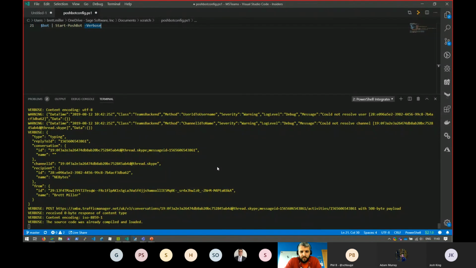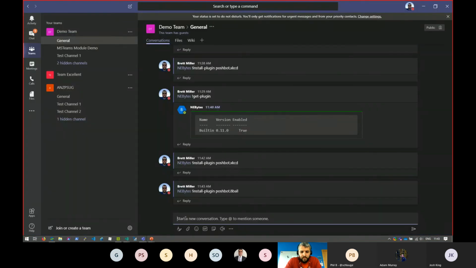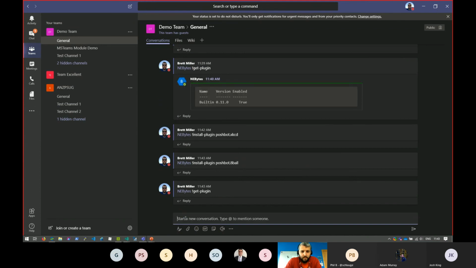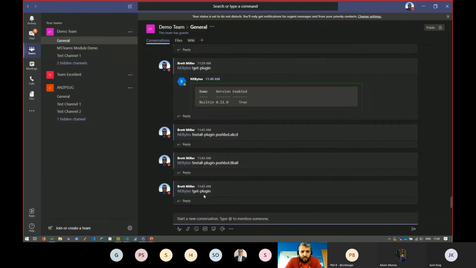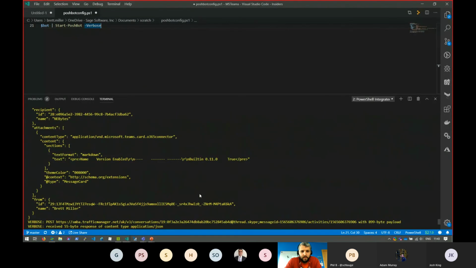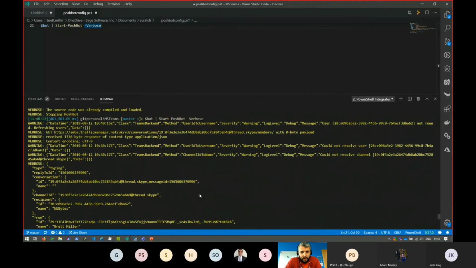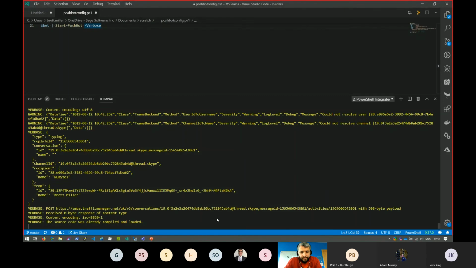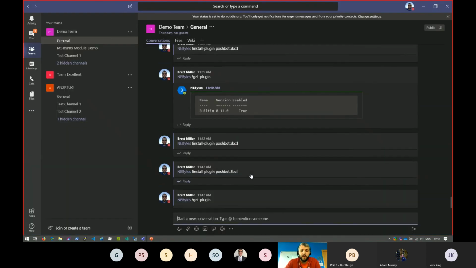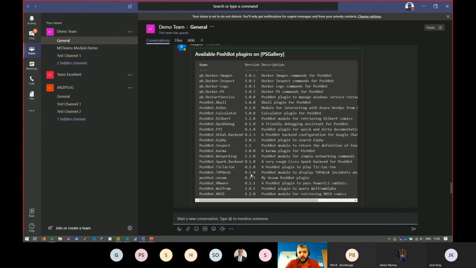I may have broken my session that's running the bot. It doesn't seem to like installing either on my Wi-Fi or currently within that session for some reason. I've killed my bot. Yeah, but you get the idea of what's available within there.